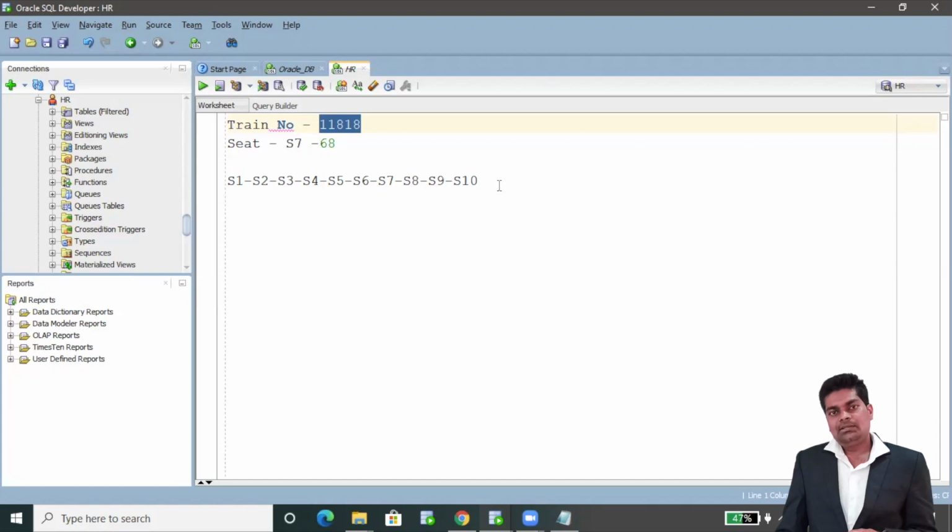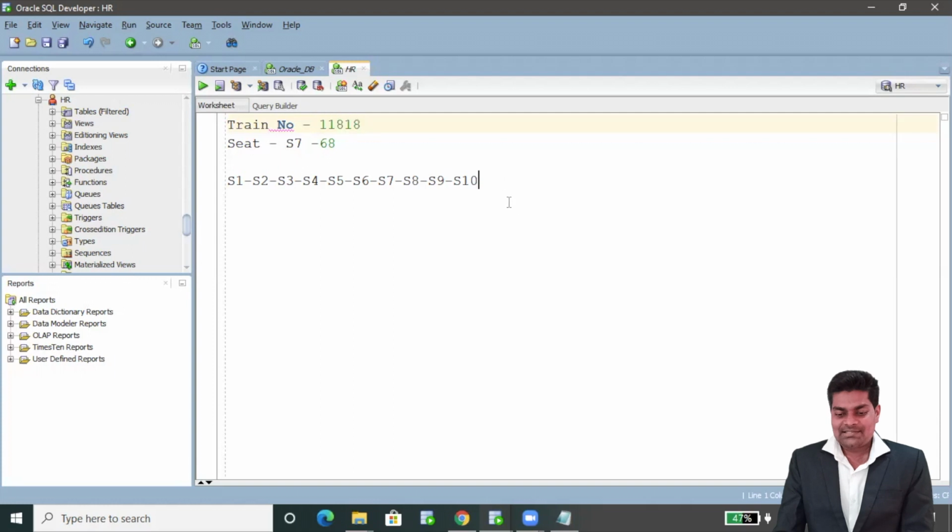Then they don't give the user schema name, because there are hundreds of user schemas. So we ask them to give the user schema name and then the table name. We need all this information. If you are not clear on it, please study more on the user schema concept and database concept.